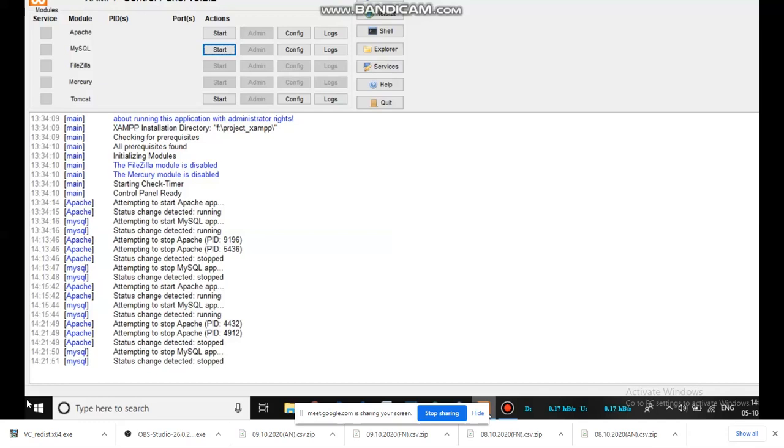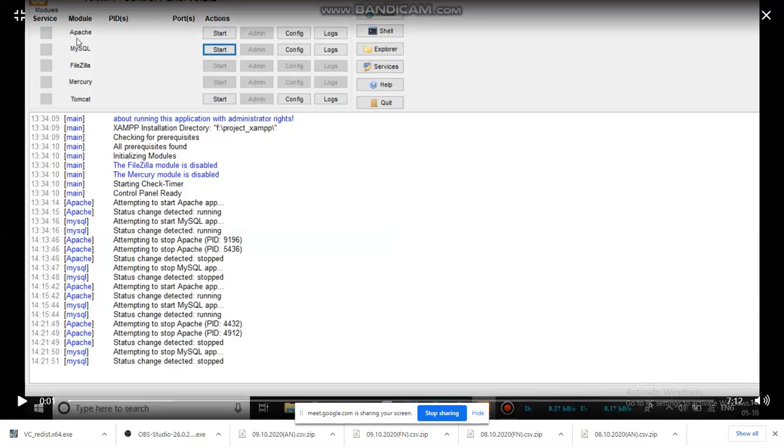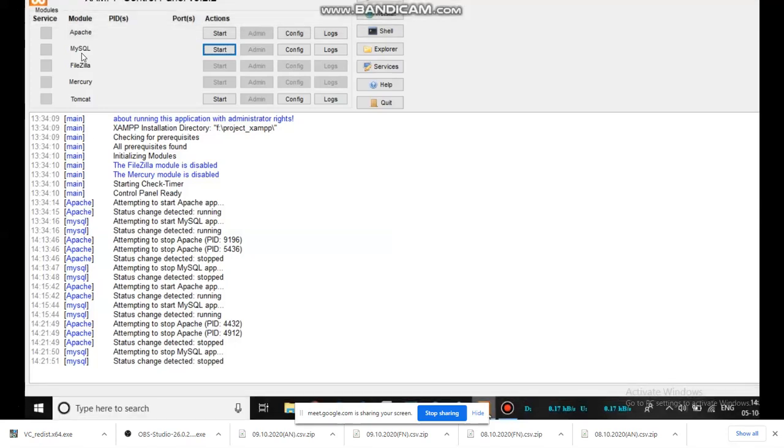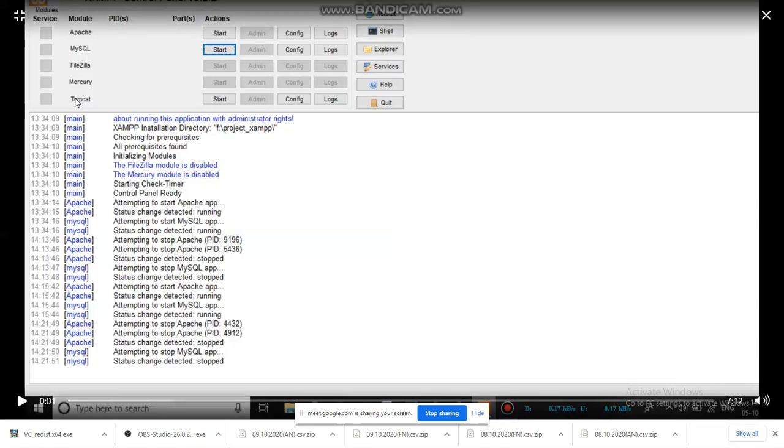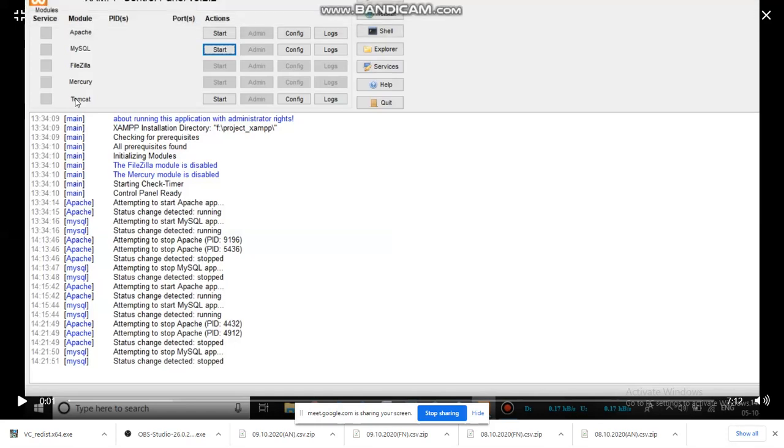By default, these modules are available in it. Check these modules. Apache is nothing but the web server for the Java applications, and MySQL is also serving as a database for us. And Tomcat is also served as one of the web servers for our environment, right? So I can use those things also.